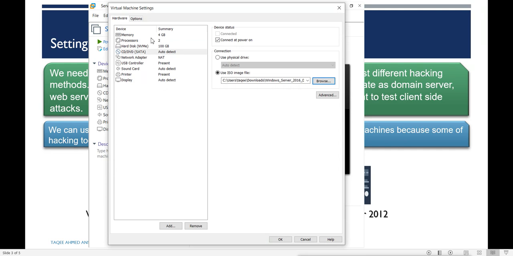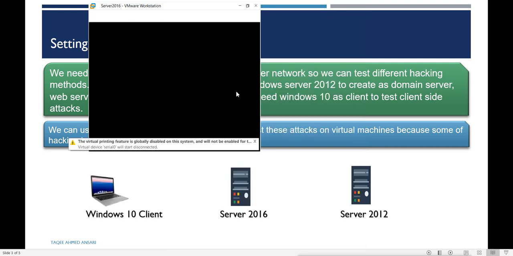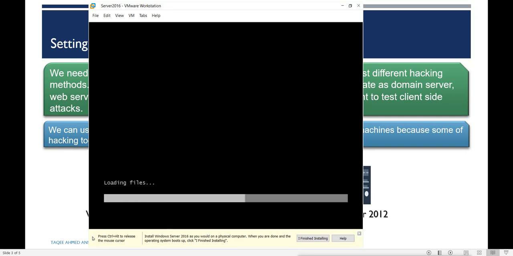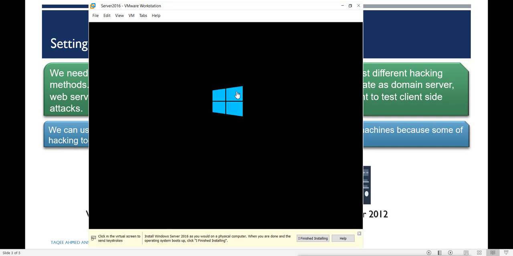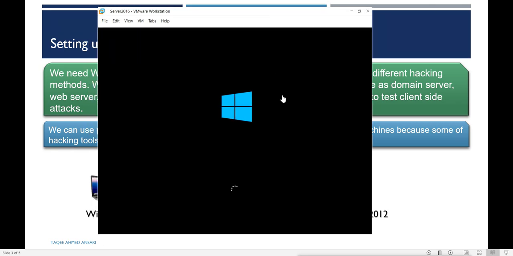And then other networking settings we have here, we can choose to change those settings also. And this is how our machine is created, and for starting the machine, we will start it from here, and it will start the installation. Now installation is also easy for Windows systems. Installation steps are also easy.